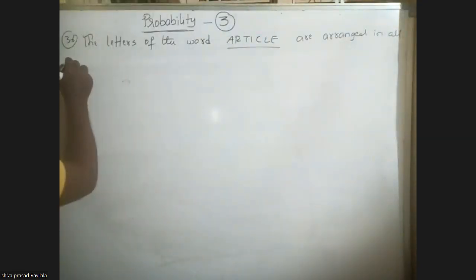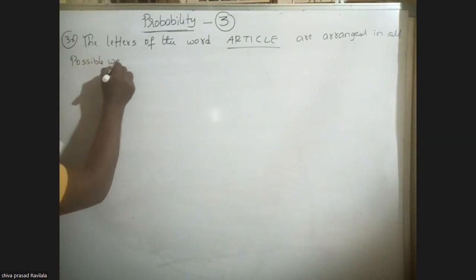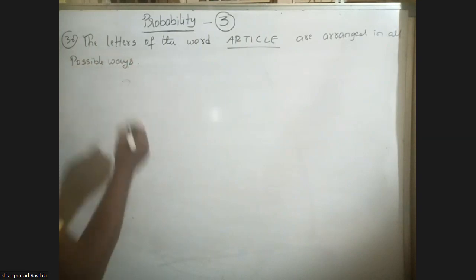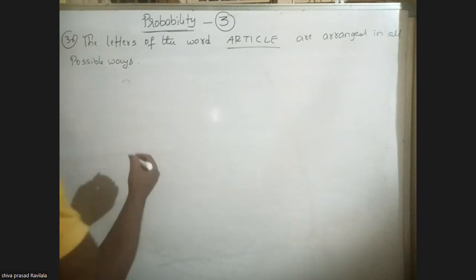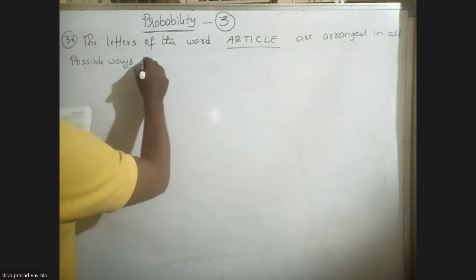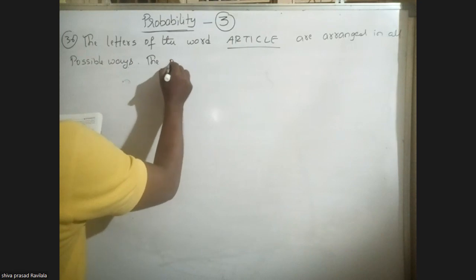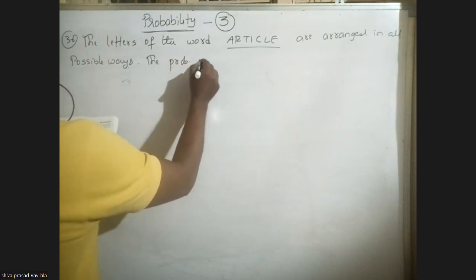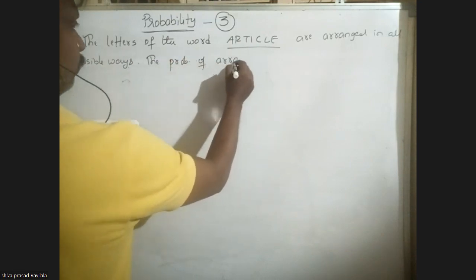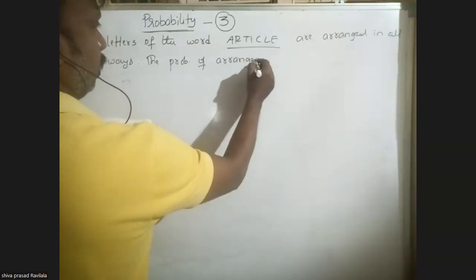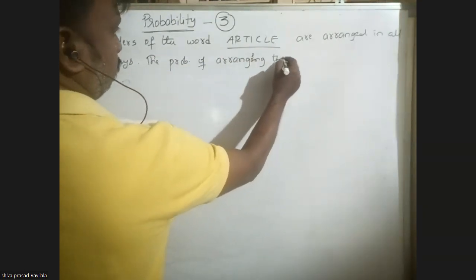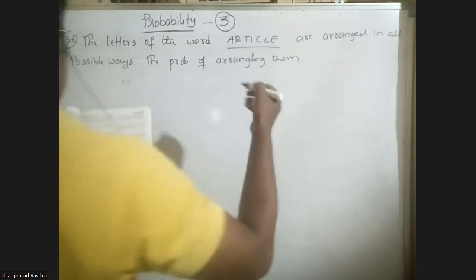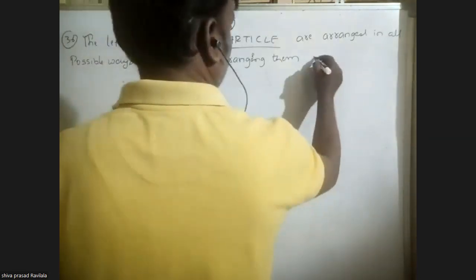In all possible ways, which are randomly. Next, the probability of arranging them. This is also an important condition: arranging them so that